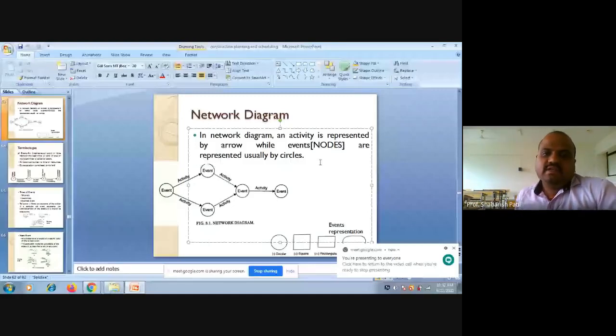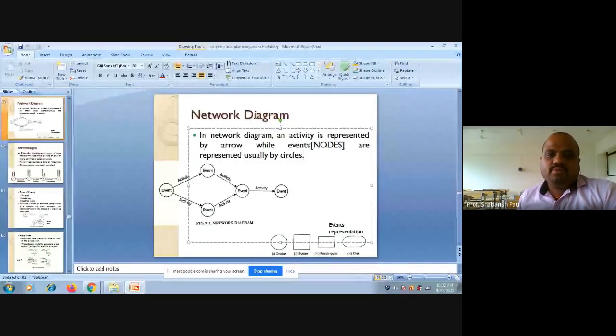Basically, in a network diagram, we have two important components. One is an activity, which is an arrow, and another is this particular circle, or it can be used in any of the forms like circular, square, rectangle, or oval shape. I generally prefer this circular shape. Most of the textbooks also use the same circle shape to represent this event. So basically, these two are the important components of this network diagram, where circles represent the events and arrows represent the activity.